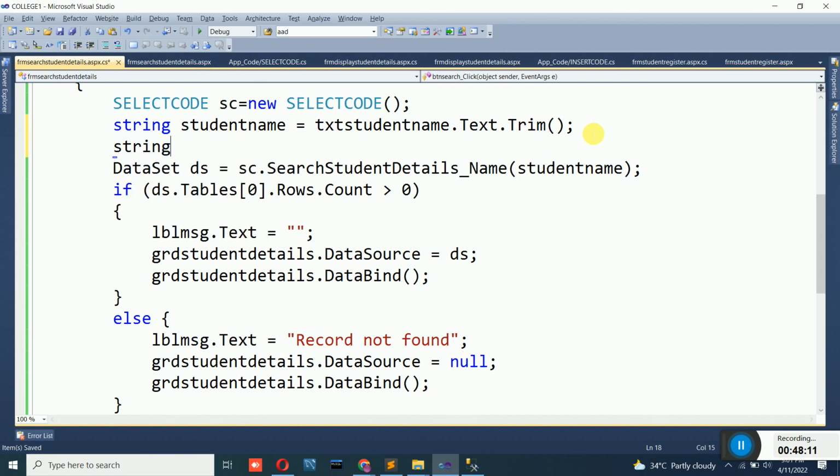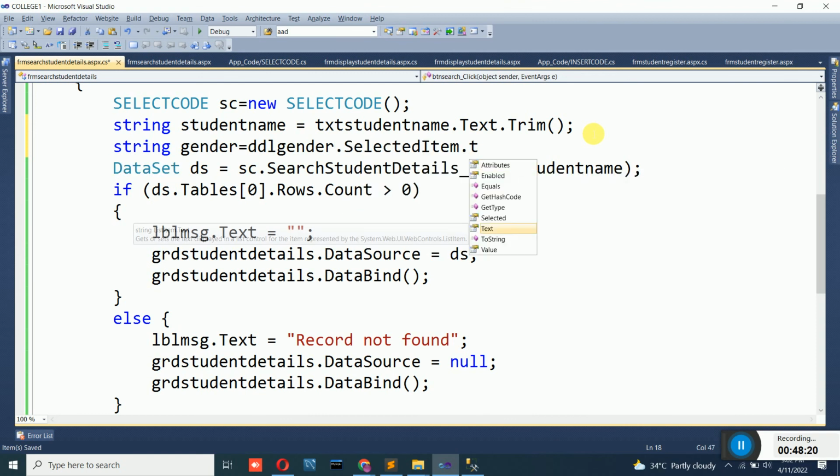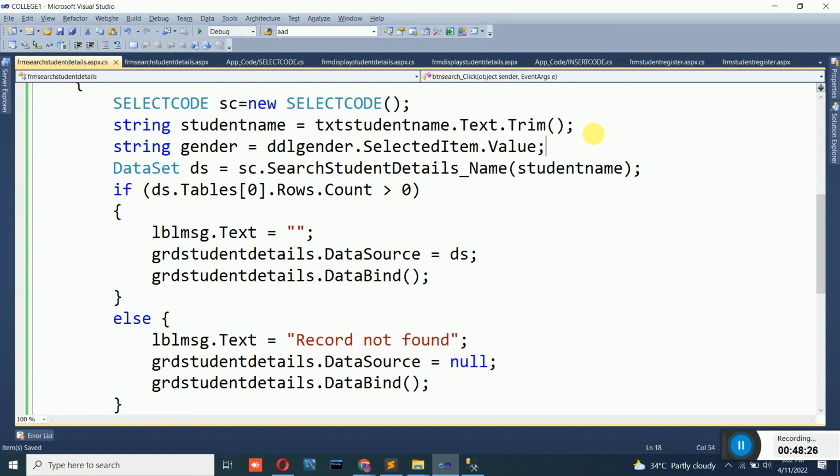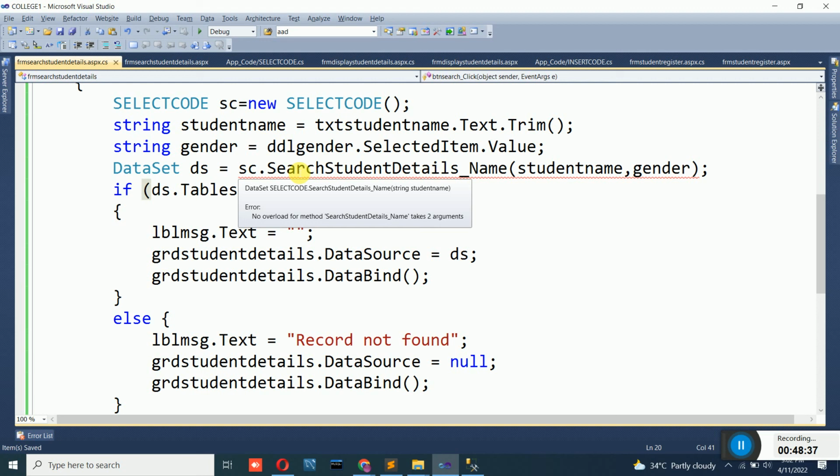So string gender is equal to ddl gender dot selected item dot text or dot value. The choice is same because both values are the same for us. So you can go for dot value in this case. Next you have to pass this as a parameter, gender. Here, as soon as I give another parameter, immediately it will start giving an error because you don't have a function which takes two parameters. Okay, so I have to